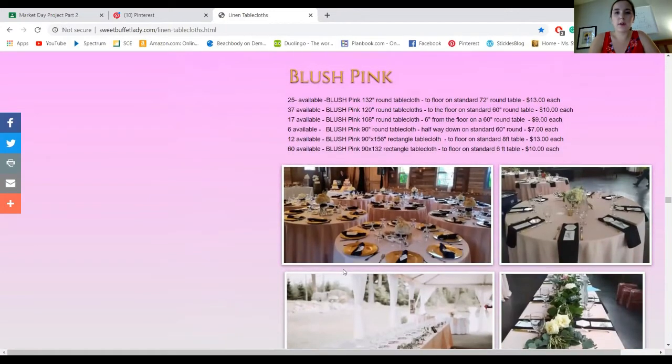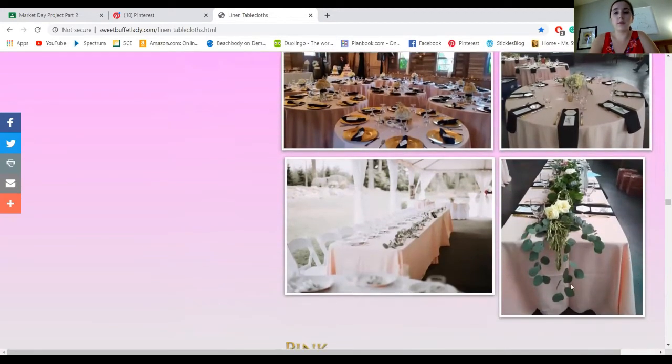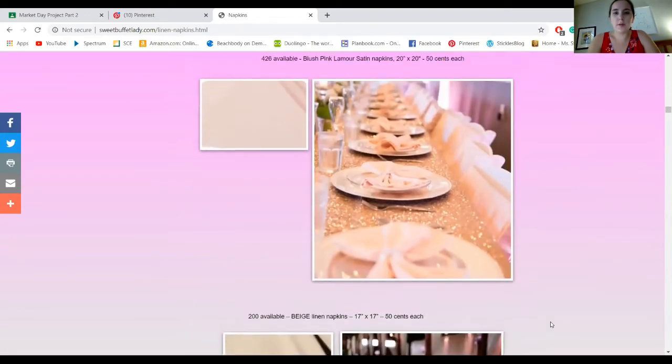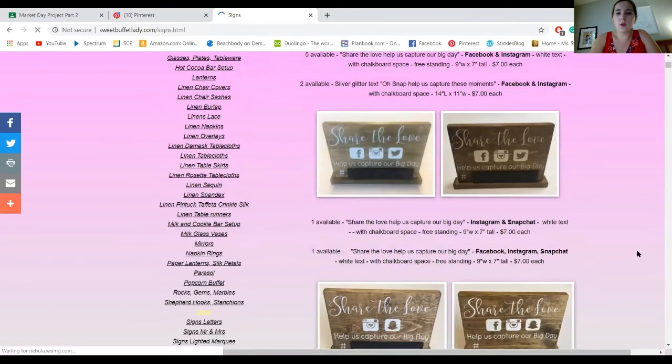Now for our tablecloths, we're going to rent their blush pink ones, and we're going to rent the round ones for the guest tables, and then quite a few of them for our other tables, including the head table. And that's what they'll look like right here. And then to match our tablecloths, we are going to be renting these blush pink L'Amour satin napkins for each person. We're going to rent one of these fun Share the Love signs to have our hashtag posted on,